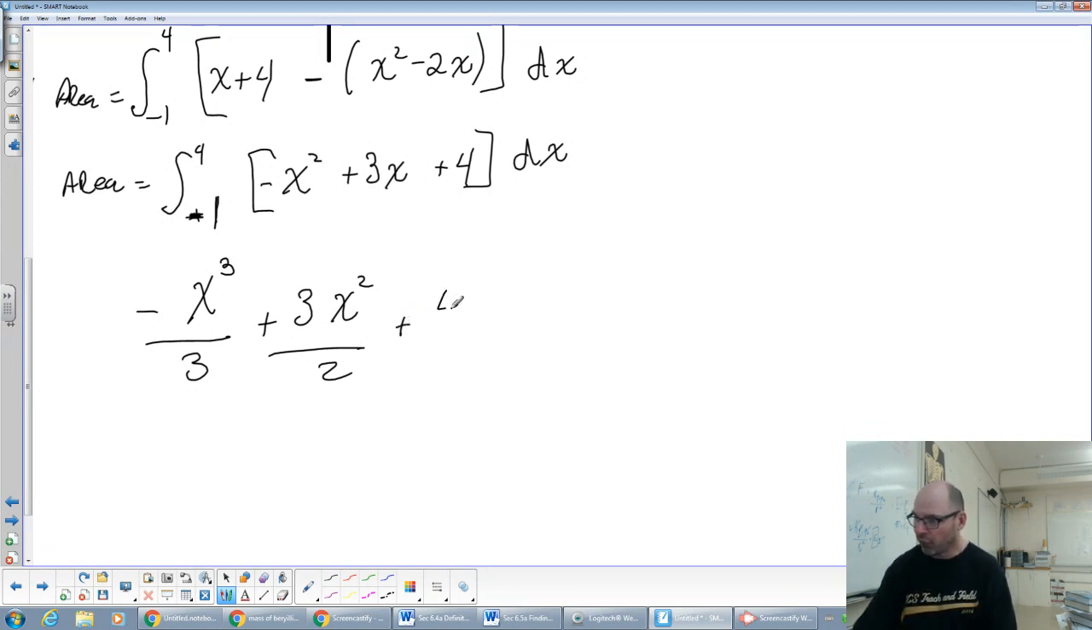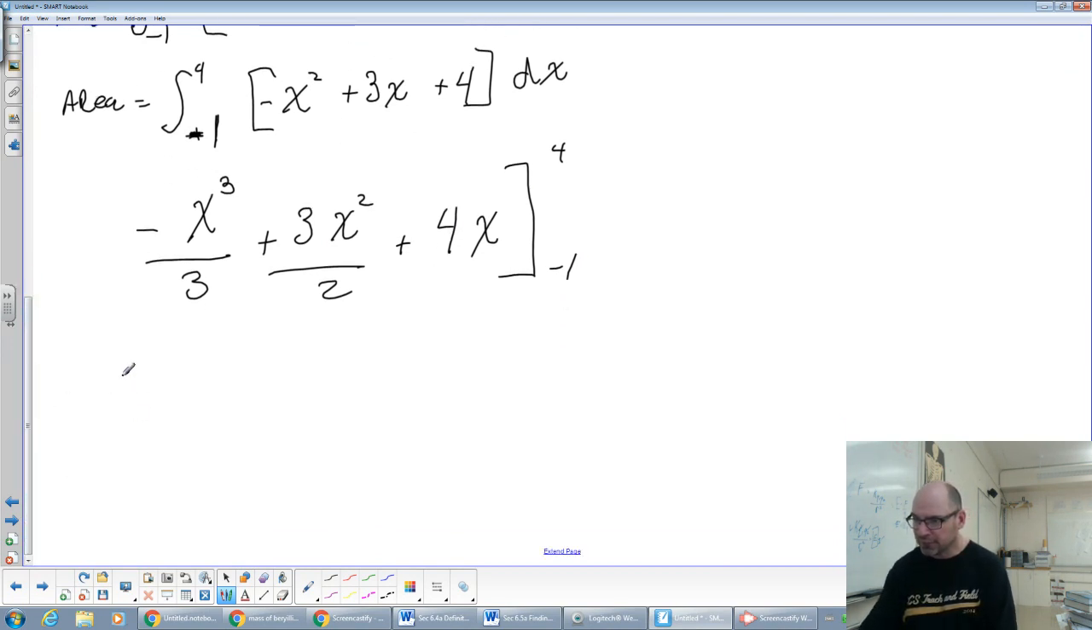Plus 4x, minus the two constants. Okay, now we're going to go from 4 to -1. So we got to plug in the 4 first, figure out what it is, and subtract the 1 plugged in. So let's go ahead and plug in the 4 first. So this is -4 cubed. This whole thing is negative over 3